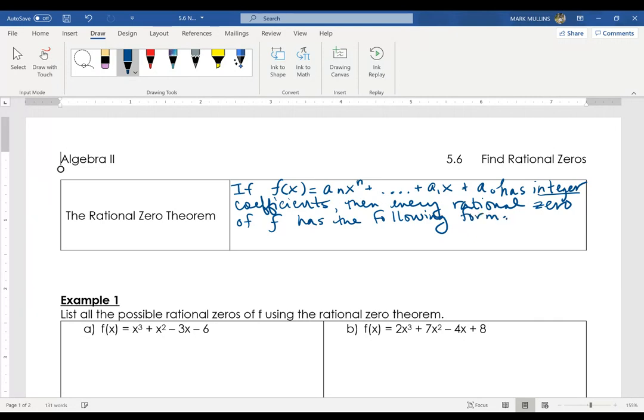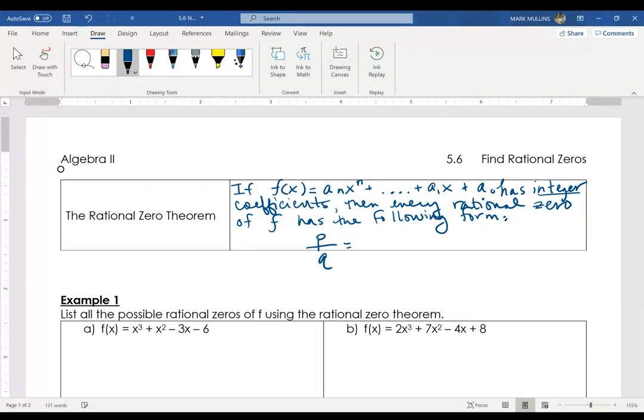So by rational zero, we mean, well, a zero is any solution, right? If I put a zero where my f of x is, or if I'm thinking about x-intercepts, solving for x, all of those are our zeros. And rational would mean fractions are included. Integers, fractions, all of that. Anything I can write as a fraction would be rational. And it has the following form, p over q,